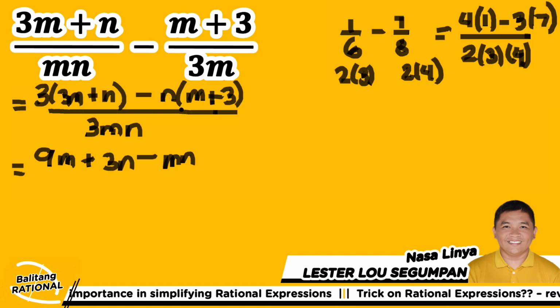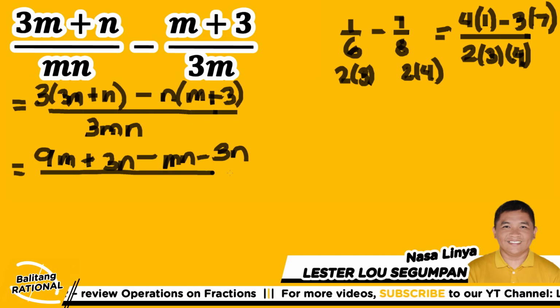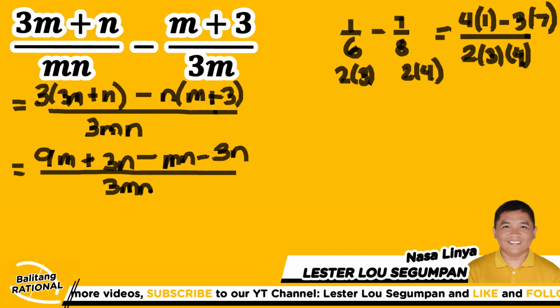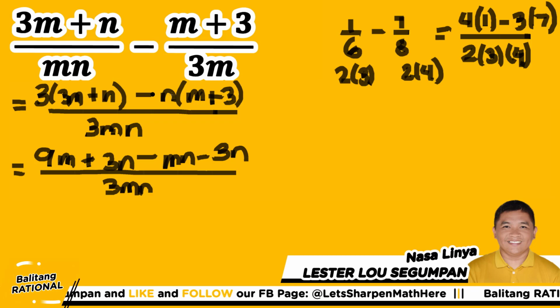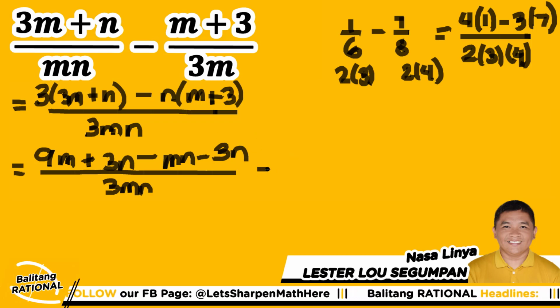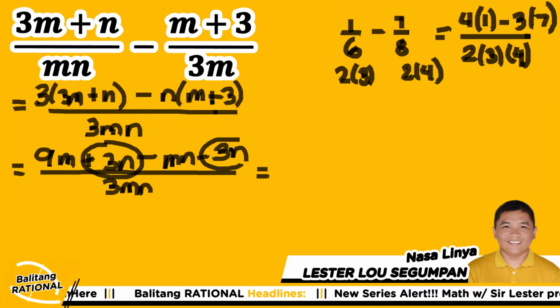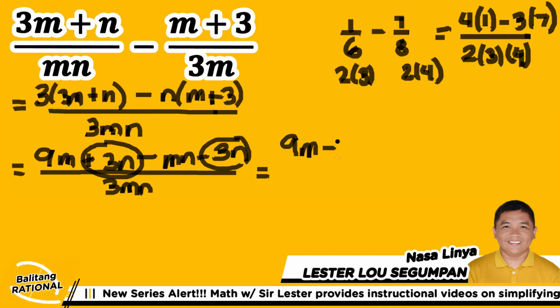So what will happen here, you're also going to distribute the negative n here. So negative times positive is negative. You have negative 3n, all over the expression of your denominator, 3mn. Again, we distribute 3 times 3m, 9m, 3 times n is 3n. Here, distribute including the negative sign, minus mn, and you will have a minus 3n. You can combine your numerator because we have here positive 3n and minus 3n. You can cancel the 2. You will get here a result of 9m minus mn